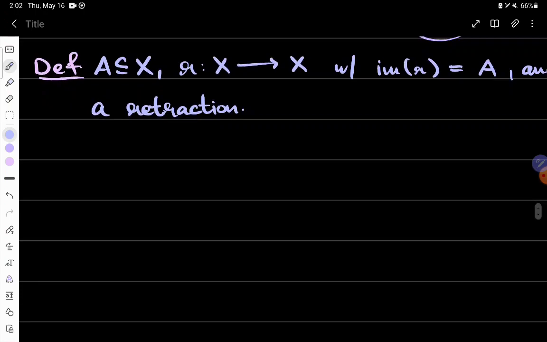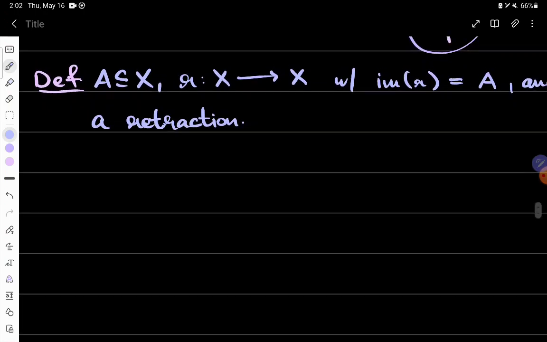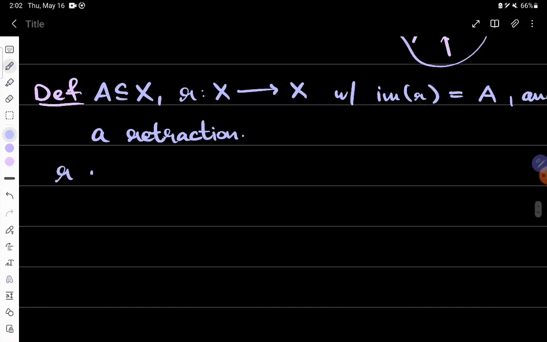So Hatcher does this a bit differently. I'm going to talk about a slightly different way of going about things and then indicate how this relates to what Hatcher defines. So I will call R a weak deformation retraction